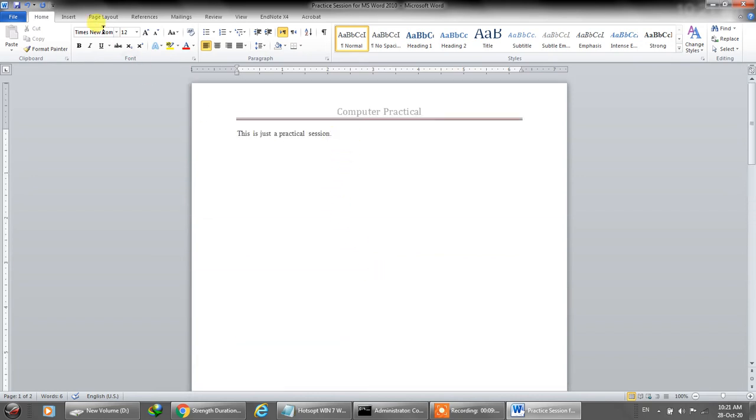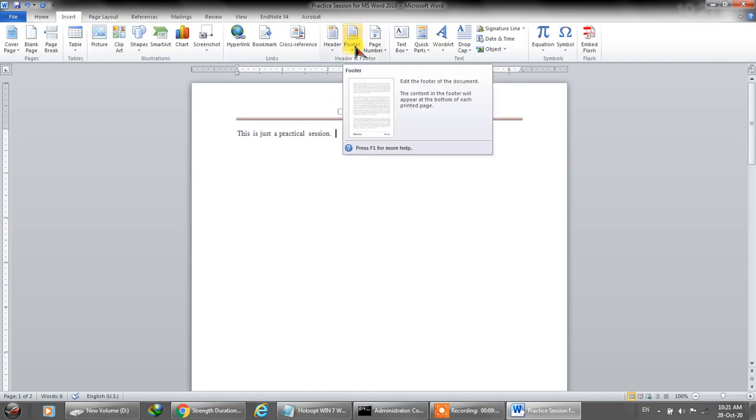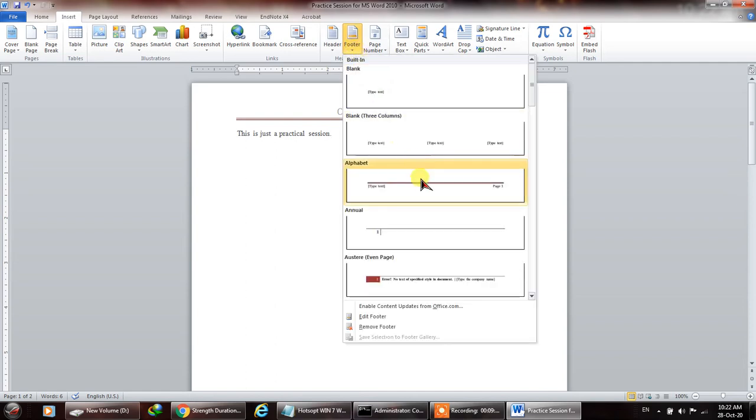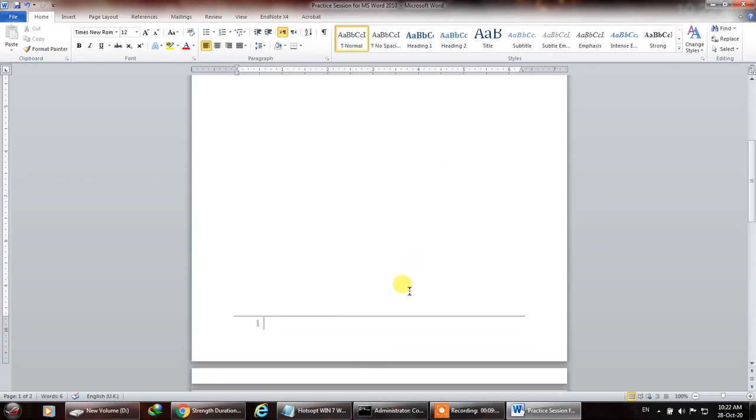The next thing is footer. So we just want to make a layout of the paper first and then we can write, because we want that paper to represent whatever we want to represent. So we'll click on footer, and now there are so many varieties, but I'll simply click this one, and I'll close the footer.